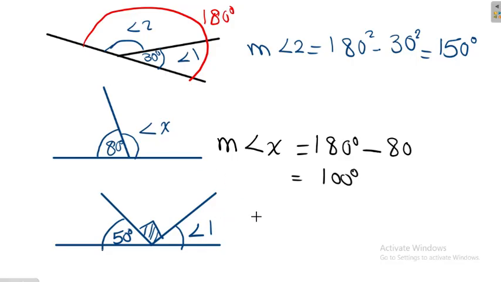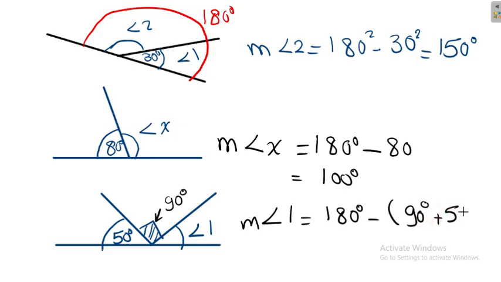You know that the measure of angle 1 plus 90, this angle is 90, and 50 is 180. So measure of angle 1 is the remainder of 90 plus 50 toward 180. So measure of angle 1 will be 180 minus (90 plus 50), it will be 180 minus 140, it will be 40 degrees. Okay,